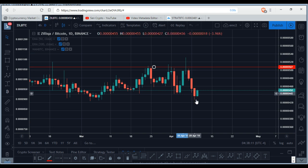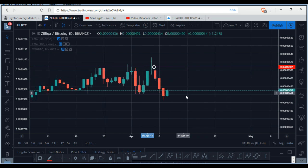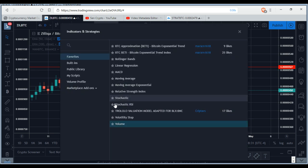So get back to this area of 531. Now we break down, and now we're almost at 440, something like that. So we're getting a big reversal candle. Hopefully we can find some buying pressure. Let's take a look at the RSI,